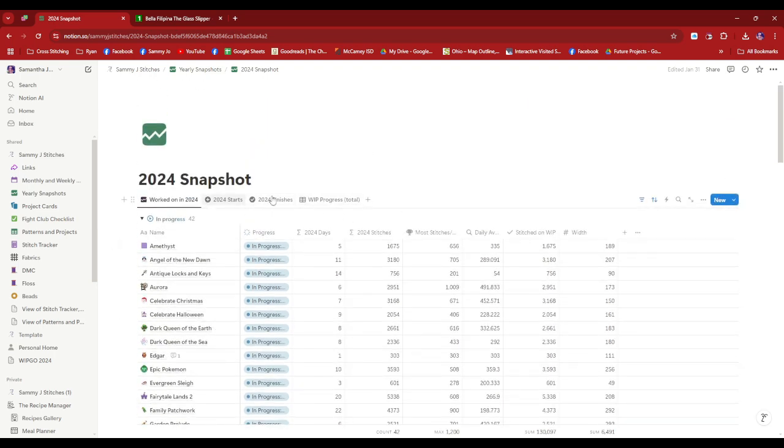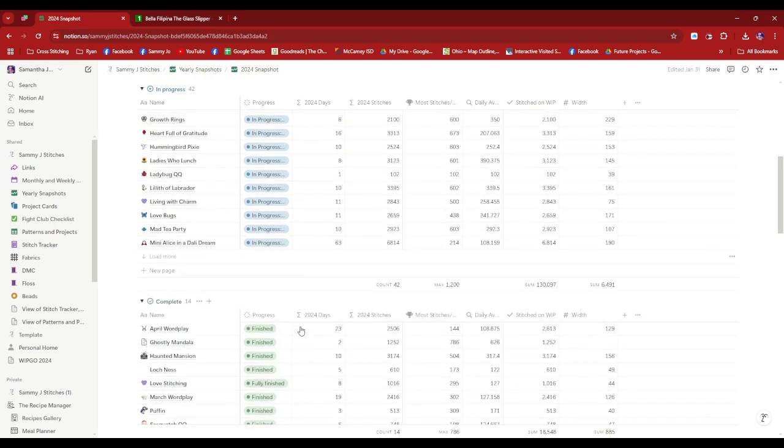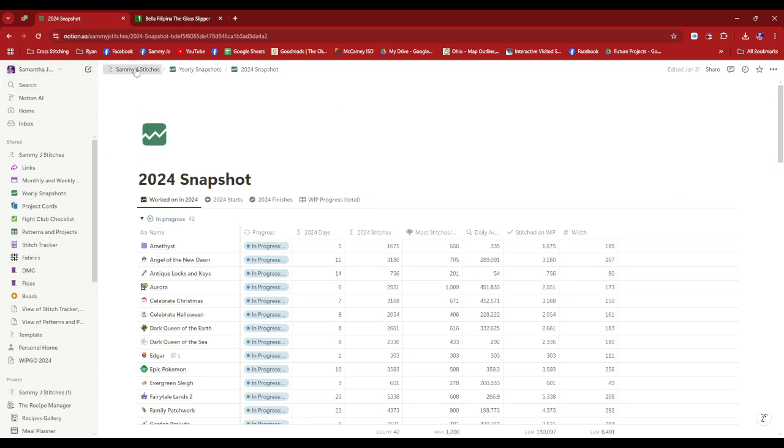Okay, so it's just kind of an overview of everything for the whole year. So far this year, I've done 130,000 stitches. That's pretty impressive. All right, so then